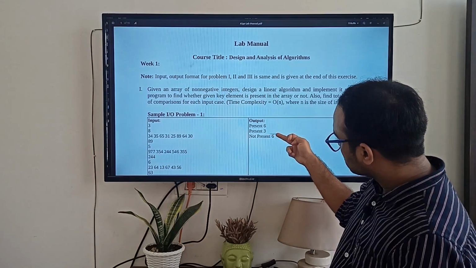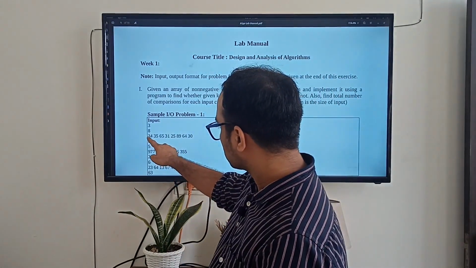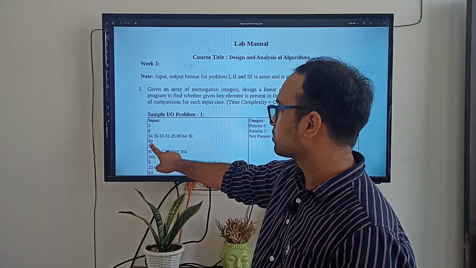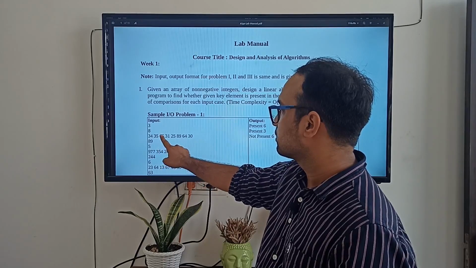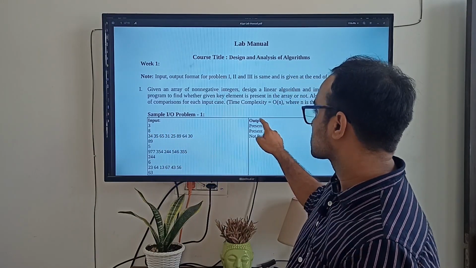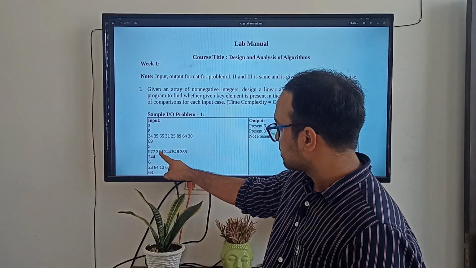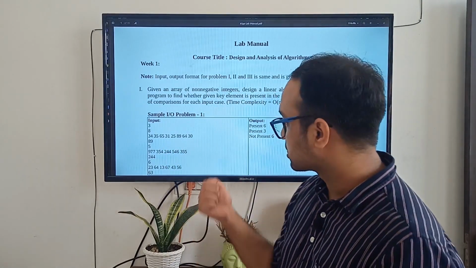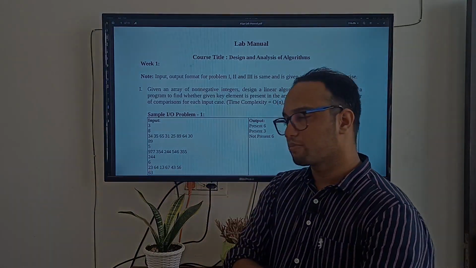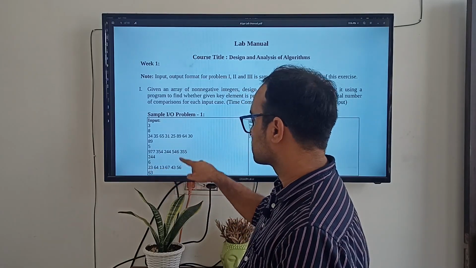Another number that you see here is the number of comparisons. And how are we getting that? These are 8 numbers, we have to find 89. So one comparison here with 34, element not found, then second, third, fourth, fifth and 6. So basically we are doing 6 comparisons, and here is the 6 in the output. Clear? For the second problem you can see first comparison, second and third, and in the third comparison we have found this element. But for the last problem we have these 6 numbers and we are not able to find this 63 in these 6 numbers.